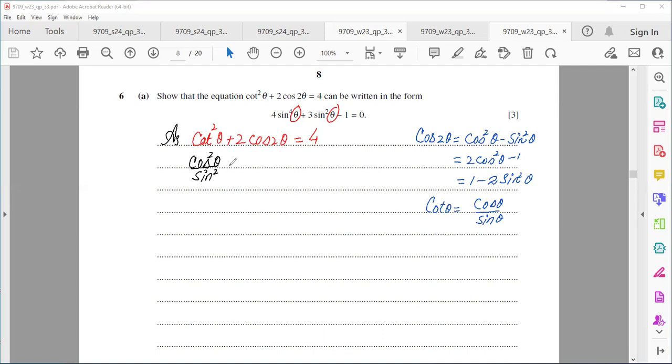If you have the square, you have to write the square, 2 times. Because you have to expand this cos 2 theta, that 2 theta is not required. I have to change it in terms of theta. So this formula I have to use. Which one? The last one. So cos of 2 theta is equal to this one. So the first one is cos 2 theta becomes 1 minus 2 times sine square of theta